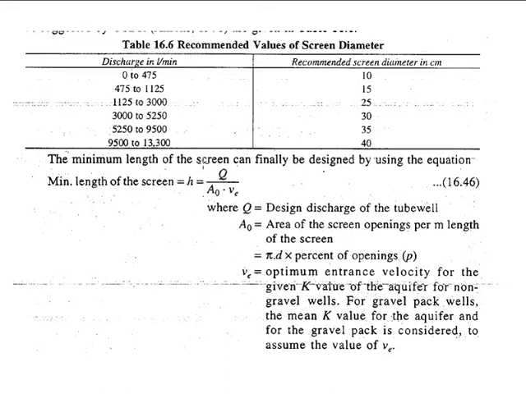And again, we have a simple formula to determine the minimum length of the screen that should be given. The formula is discharge over A naught into VE. If we have these values from our previous data, we can work out the length of the screen. So till now, we will keep this lesson till this point, and in the next tutorial video